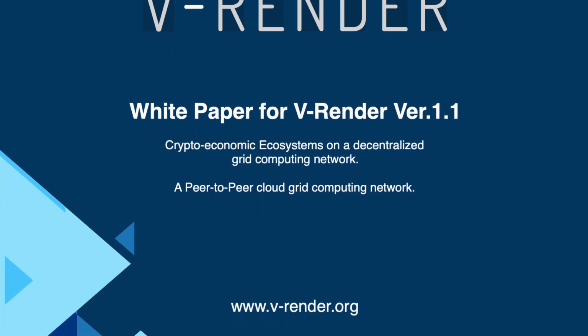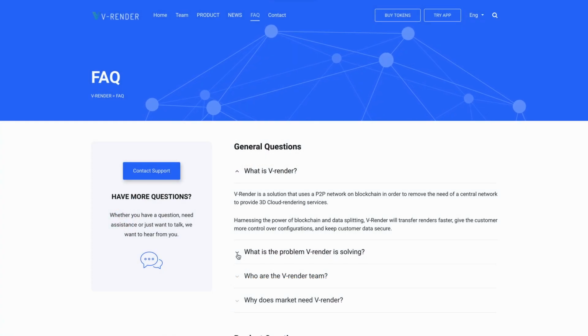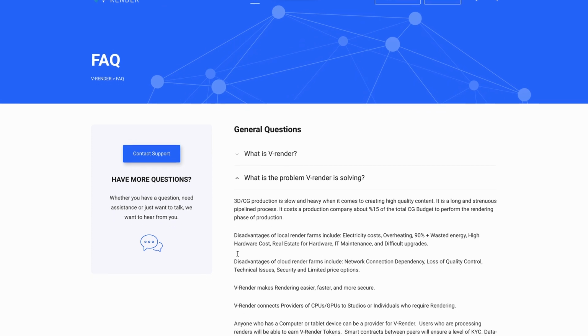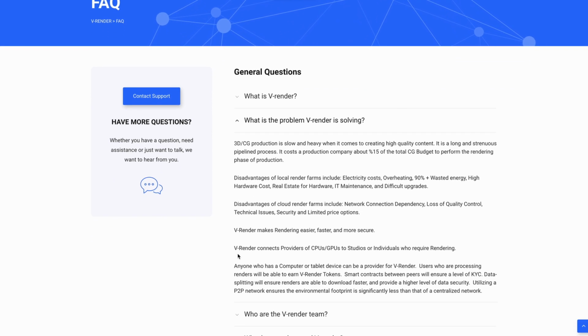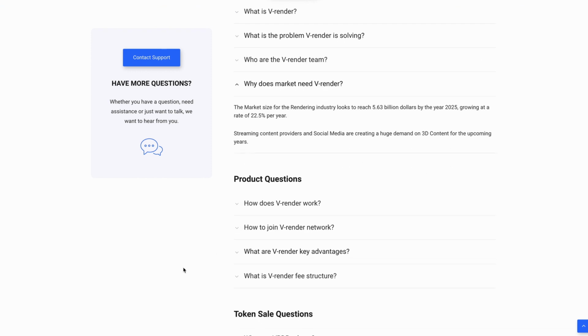Notice that what they were looking for was to be able to provide rendering power providers to any studio or individual that needs that power at any given time. Anyone could be a provider, and RNDR tokens were earned for doing so. Everything was managed by smart contracts that ensure the entire exchange. Great idea and many use cases for a market sector that was sized at $5.5 trillion by 2025